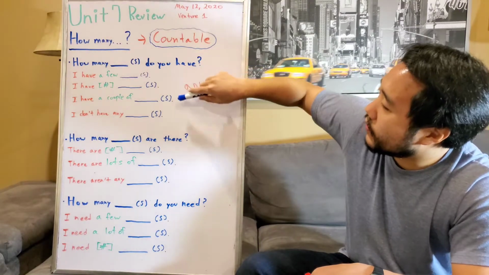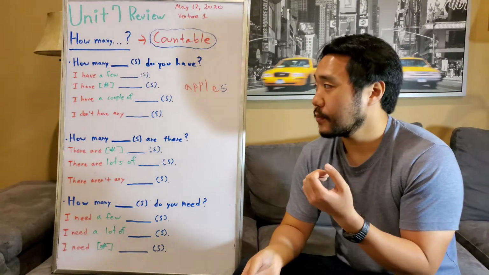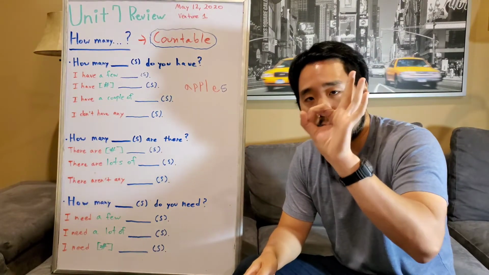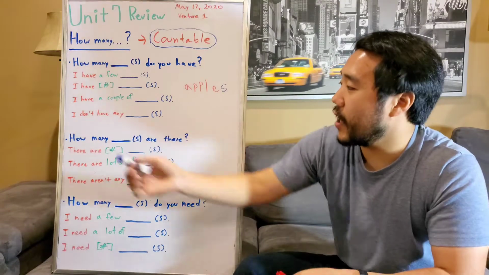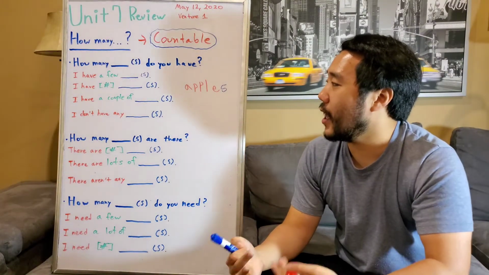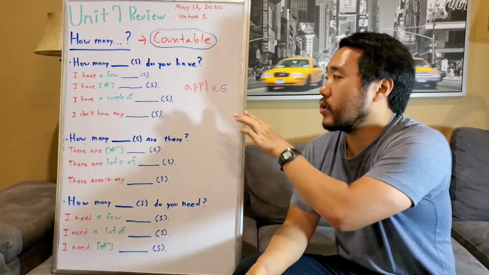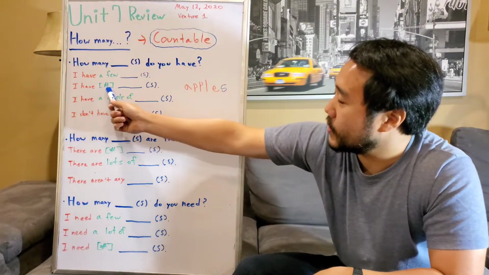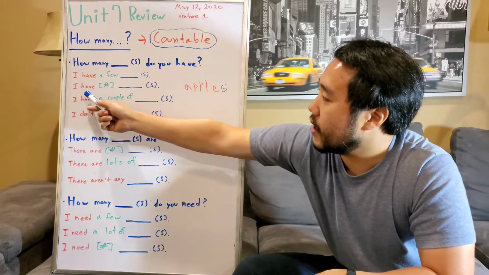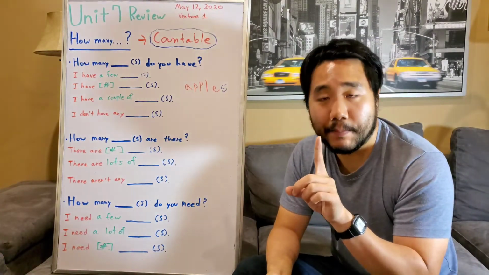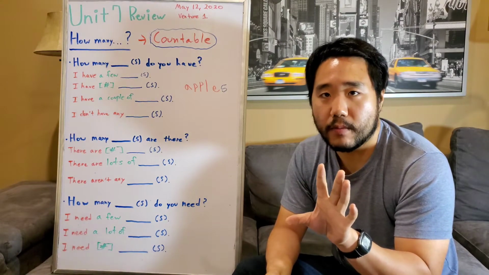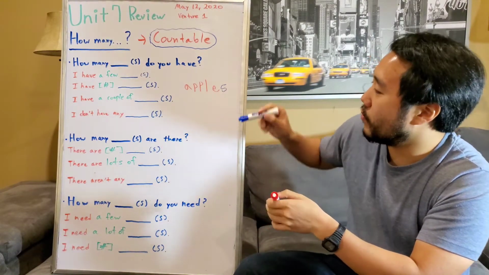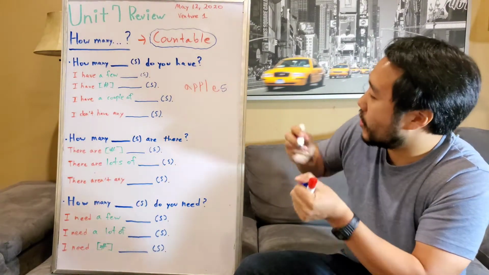So these 3 are for cases where you have a certain amount of apples. And here is when you have 0 apples. So here you can say I don't have any, or you can say I don't have any apples. But for this question, let's say you only have 1 apple. Then for a specific number, you have to say I have 1 apple. Here you don't have to use a plural form because there's only 1. But for other cases, you have to use a plural form. So you have to add the letter S